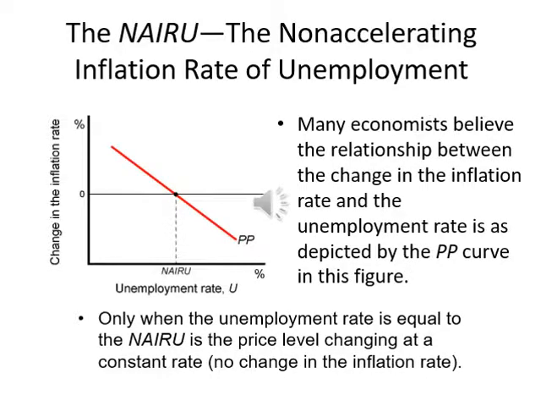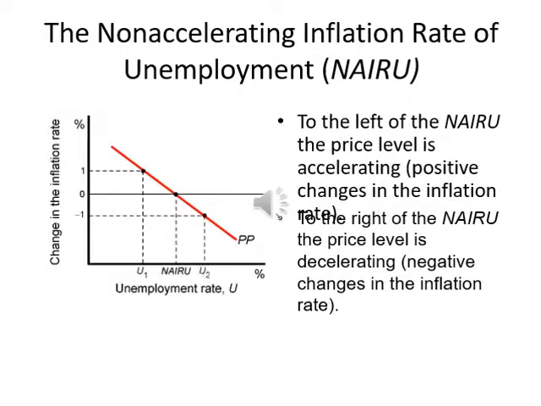The non-accelerating inflation rate of unemployment, NAIRU. To the left of the NAIRU, the price level is accelerating, positive changes in the inflation rate. A favorable shift of the PP curve is to the left because the PP curve crosses zero at a lower unemployment